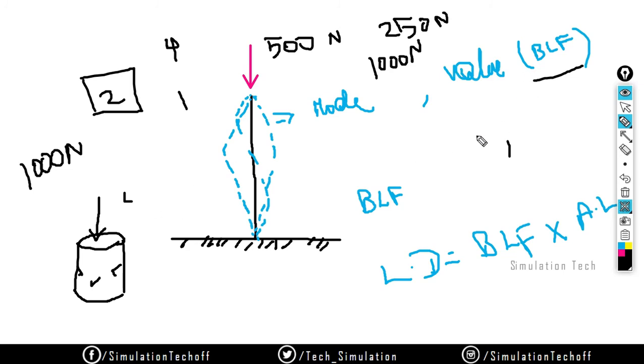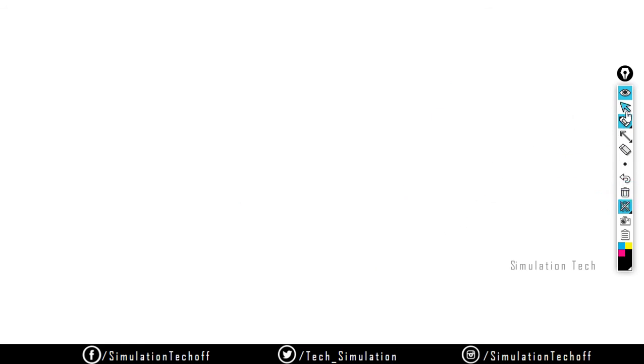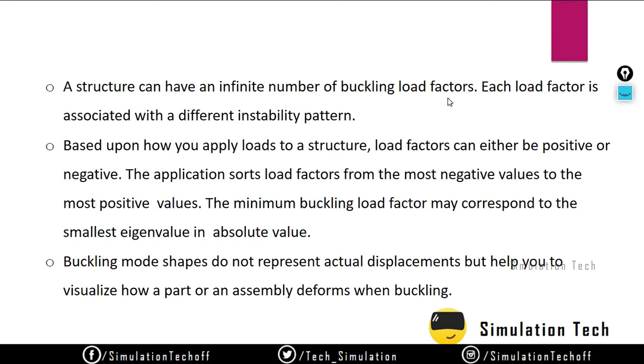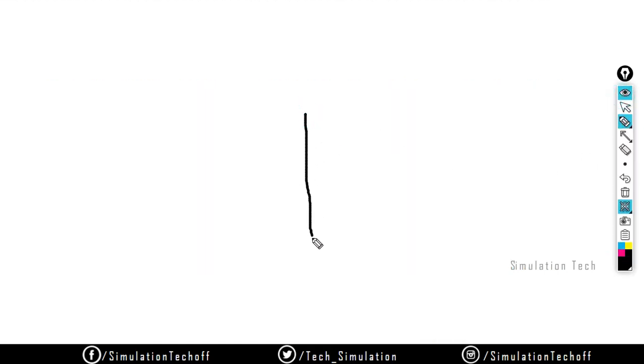So this is called BLF, and you will have a variety of buckling factors, like an infinite number of values. It depends upon the load you applied to your structure. So that is what they are trying to explain here. Also, buckling is only applicable for a long column. It is not applicable for a short column. There is a method to identify which is long and short, that is called the slenderness ratio.